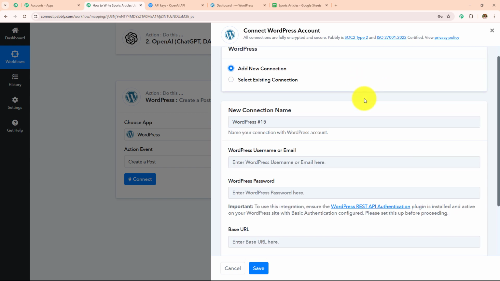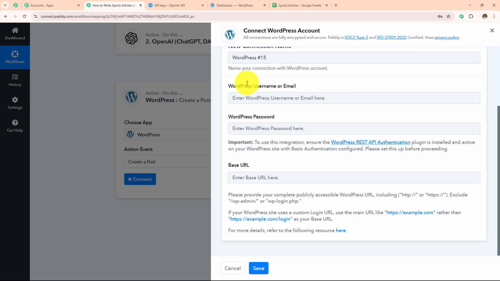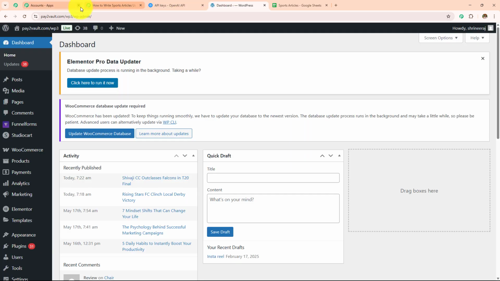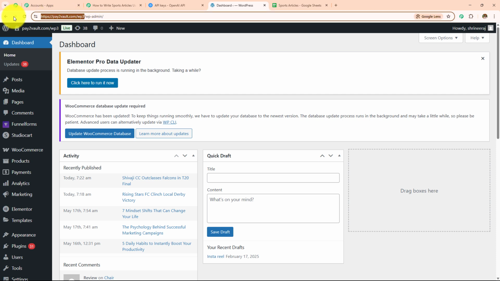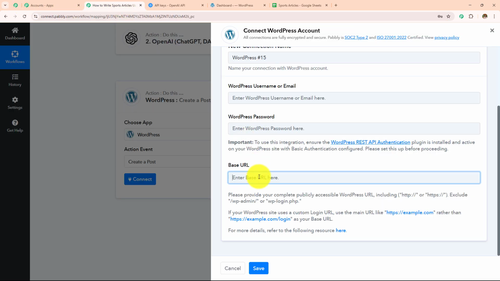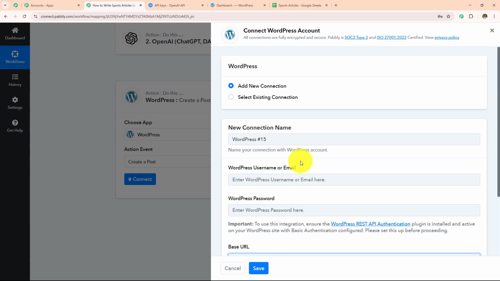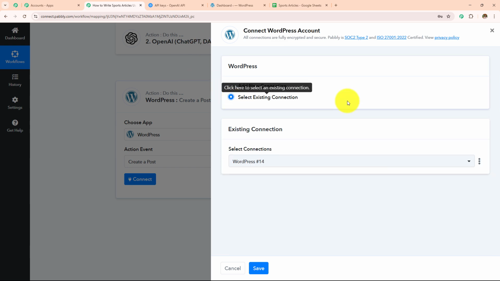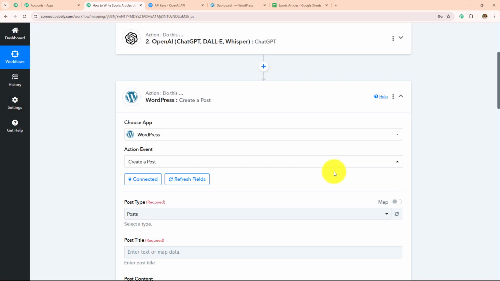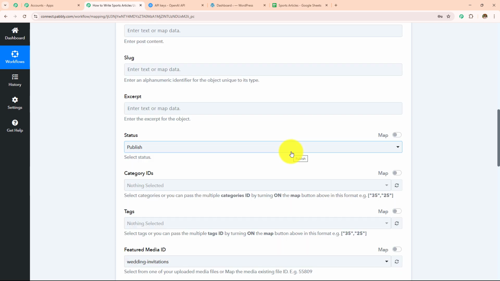If you don't have one, click on this add new connection, and then to make this connection you have to enter all these details. You have to get this base URL. So if you open your WordPress, on the top in this URL till WP3, this will become your base URL, and then you have to enter your login credentials like the email and the password, and then you simply need to click on save, and your WordPress will be connected to Pabbly Connect. Here I have already created this connection multiple times, that's why I'm going to go with this existing connection and then go with save. So here WordPress is connected with Pabbly Connect, and now I have to enter all these